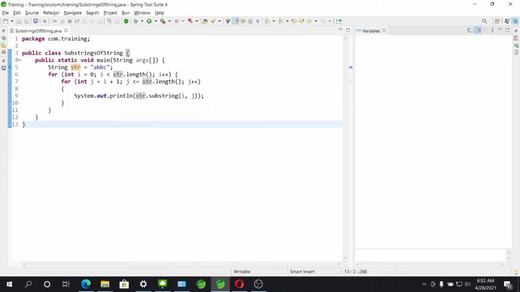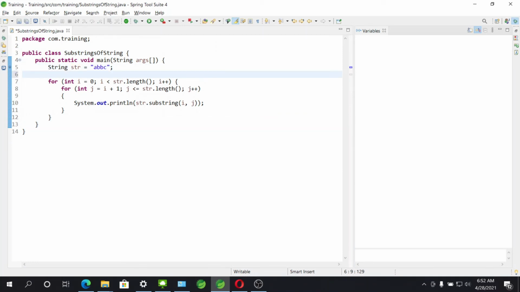If someone asks you to print only the unique substrings, how will you do it? For that we'll use something called a set of strings.